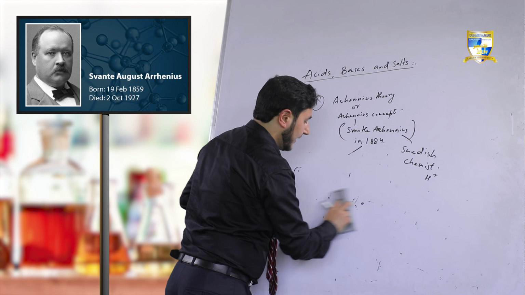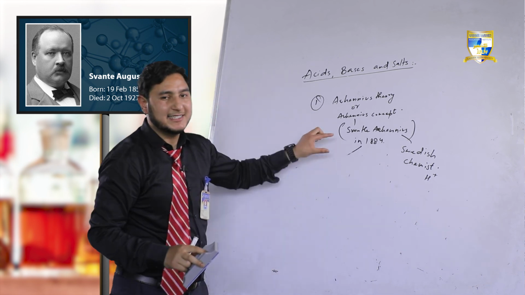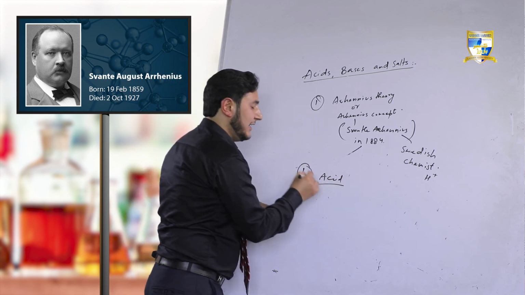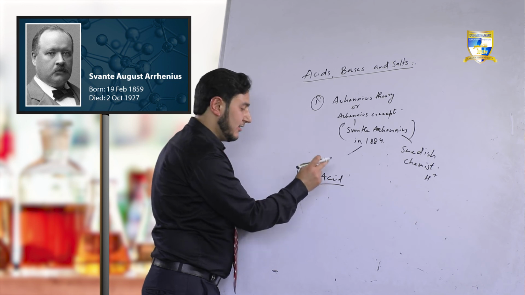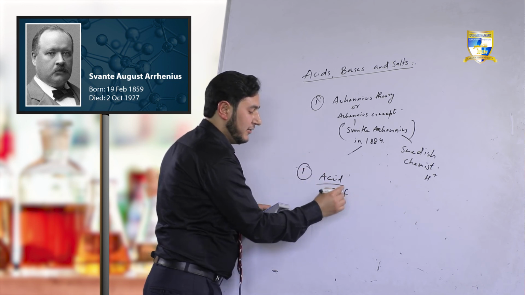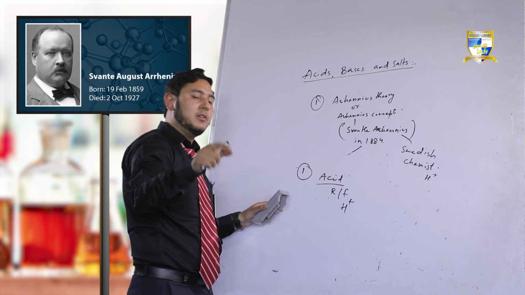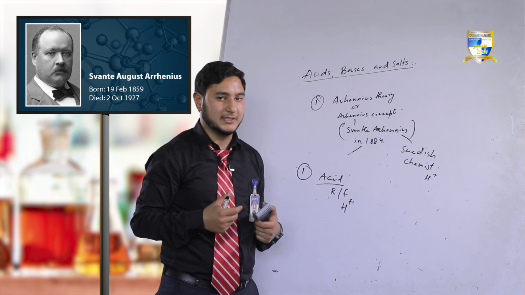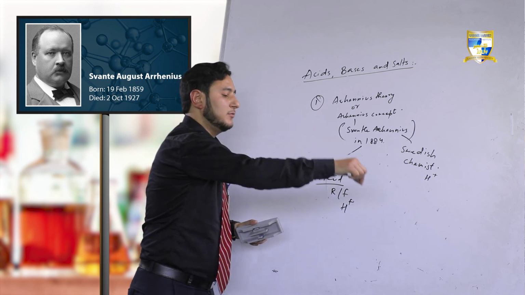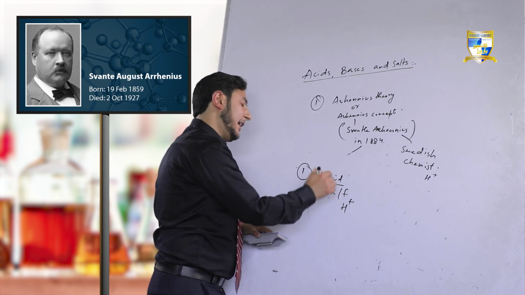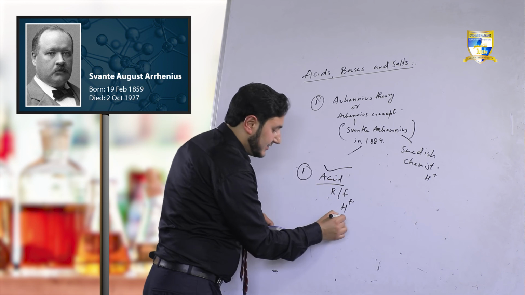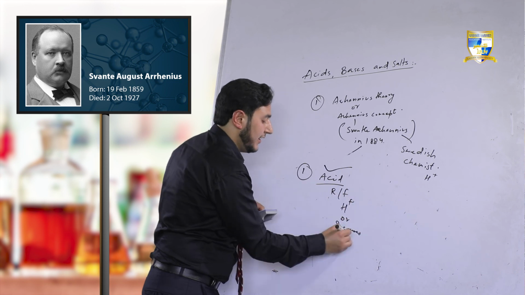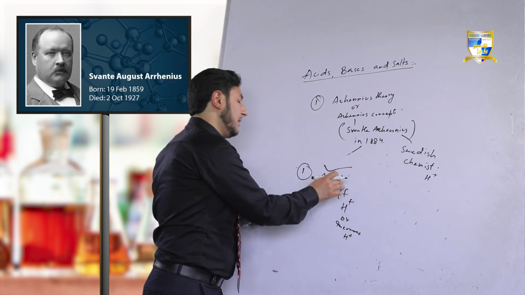Fine. This was about Arrhenius acids, and I am going to recapitulate. Arrhenius said an acid is a substance that releases or furnishes H positive ions as the only positive ions in its aqueous solution. If we have to classify a substance as an acid or base, we have to dissolve it in water. If it releases H positive ions, it may be an acid. And the second statement was, if any species increases the concentration of H positive ions in the water, it may also be called an acid.